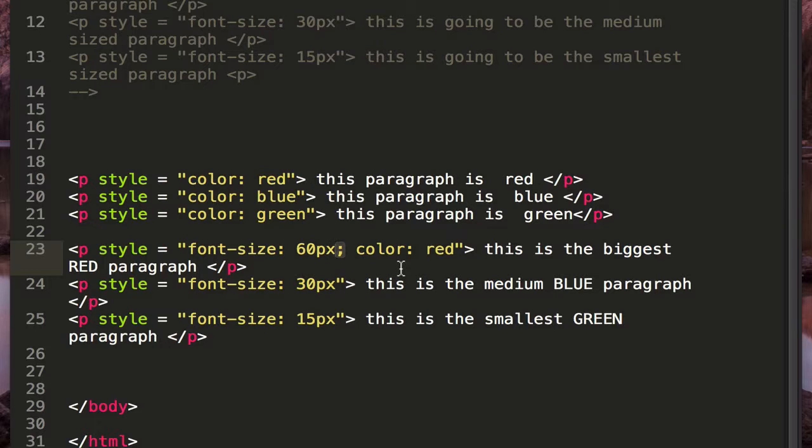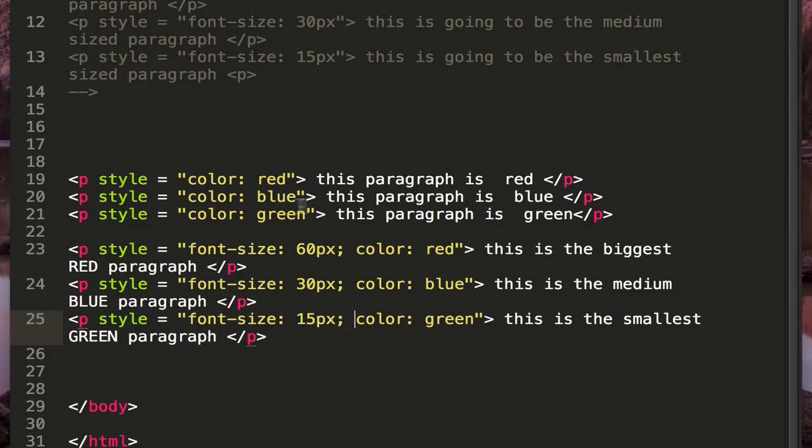So now if I wanted to have the font family, I could then also include the font family by having another semicolon. If I wanted to do other things, then I could just separate it using a semicolon. So I'm going to go ahead and do this same procedure for the blue and green paragraphs. Now that that's done,